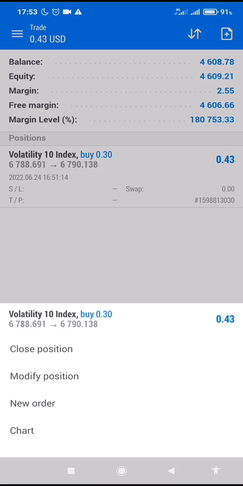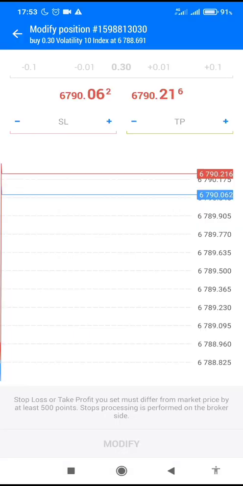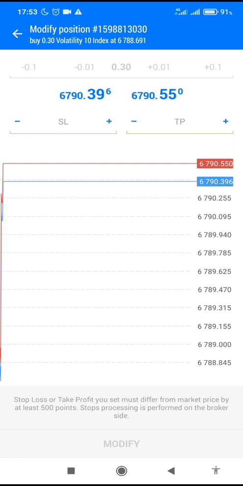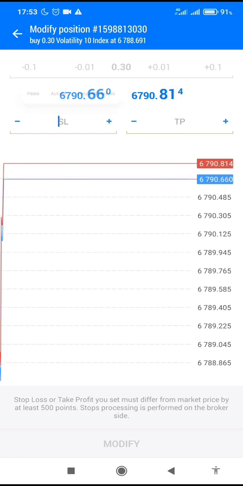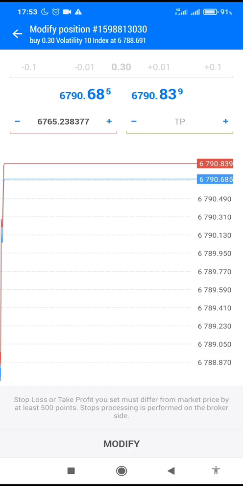Alright, so what you need to do here, just click on modify position. Once you click on it, look, you have two spaces here. We have the one for SL and we have the one for TP. So on the SL area, just hold it down, then paste it, and once you paste it, you click on